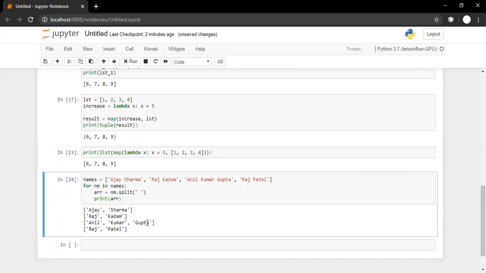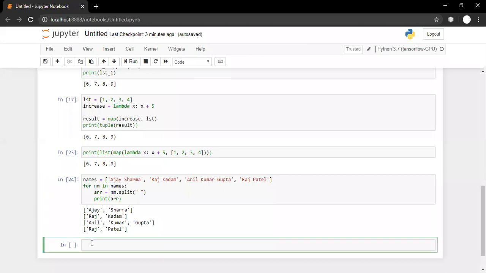Second thing, suppose someone is writing a surname and he wrote Sharma, but someone wrote it with a small letter and someone has written it with a capital letter because of a typing mistake or something like that. We cannot force them that you have to write like this only. They can make some mistakes. So how to solve it? From our end, before using that word, we can simply convert that word into lowercase. So how can we work on it?